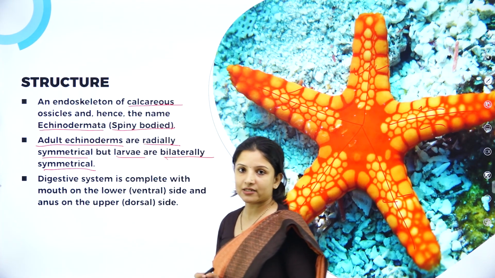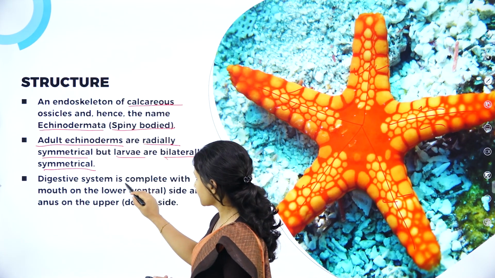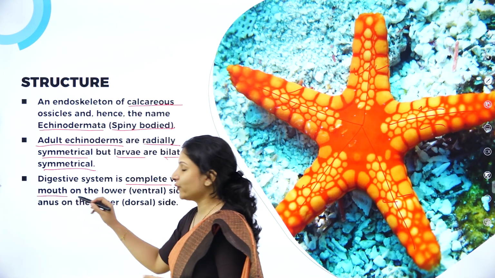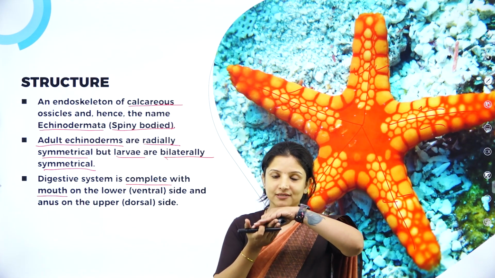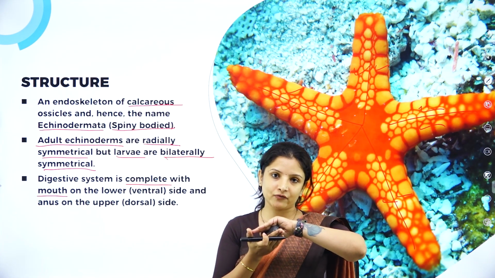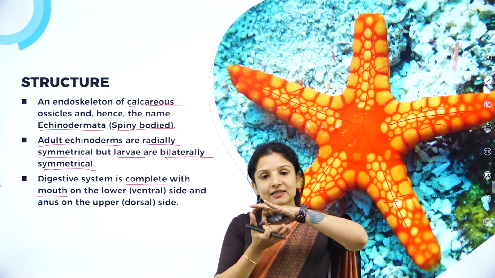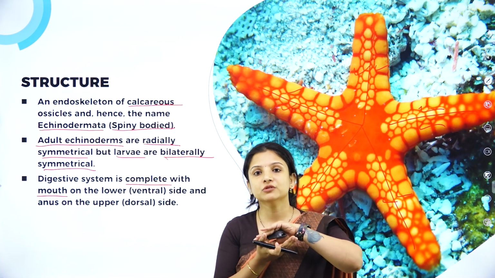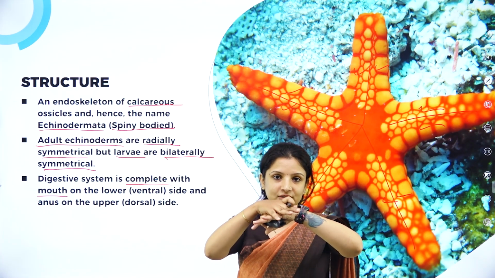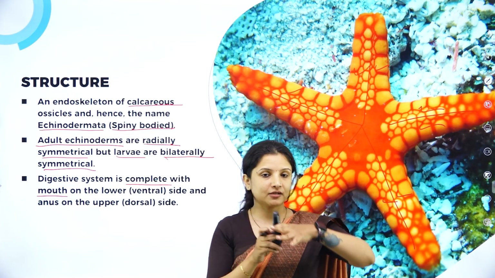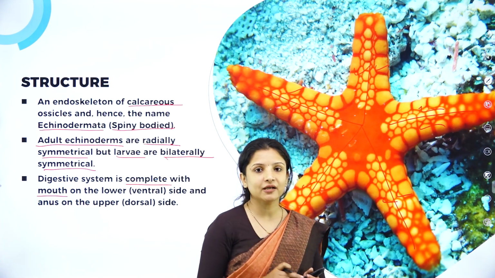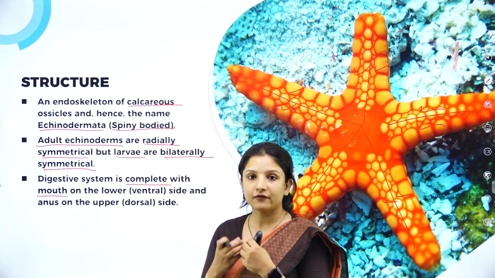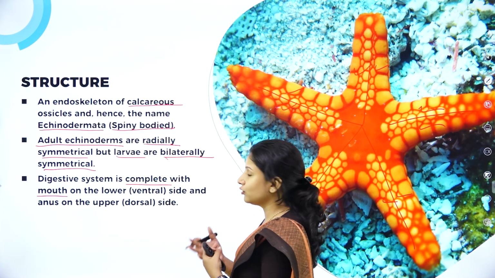Now talking about the digestive system, it is complete, wherein it has a mouth to take in food. And where is the mouth situated? At the ventral side, that is at the basal side of the organism. Why? Because it is easy for these echinoderms to capture prey and to feed on if the mouth is at the basal side. If it was at the dorsal side, it would have been difficult, right? So if the mouth is in the top portion, they can't turn over and catch the prey. It is difficult. So that is why they have a mouth at the ventral side or at the lower body side,